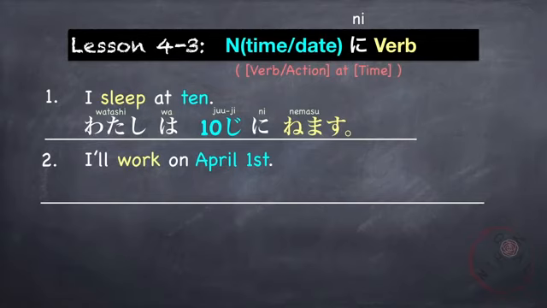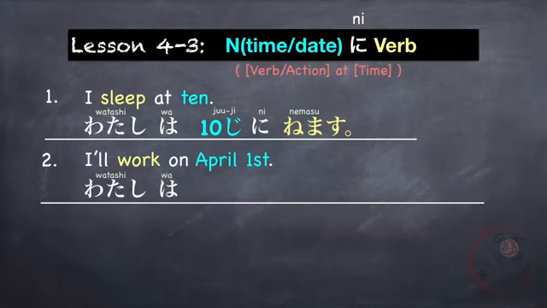Next example. I'll work on April 1st. So this time, the example is using a date. So first, let's say, 私は, April 1st is 4月1日に. On April 1st, I'll work. 働きます。私は4月1日に働きます。You could also say day, for example, 月曜日 or Monday. I'll work on Monday. 私は月曜日に働きます。